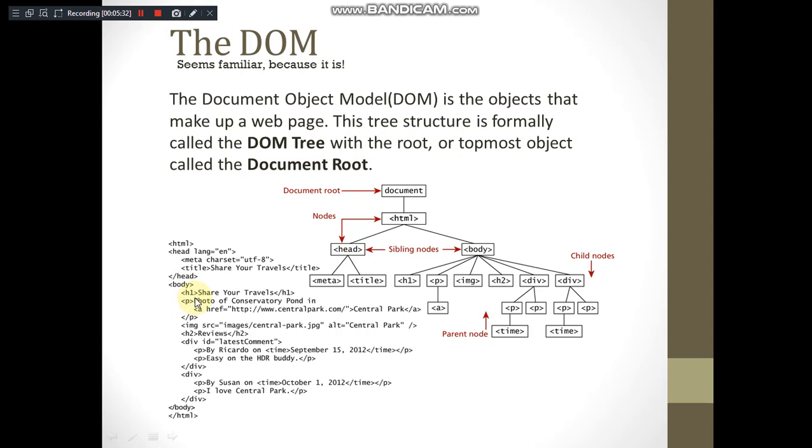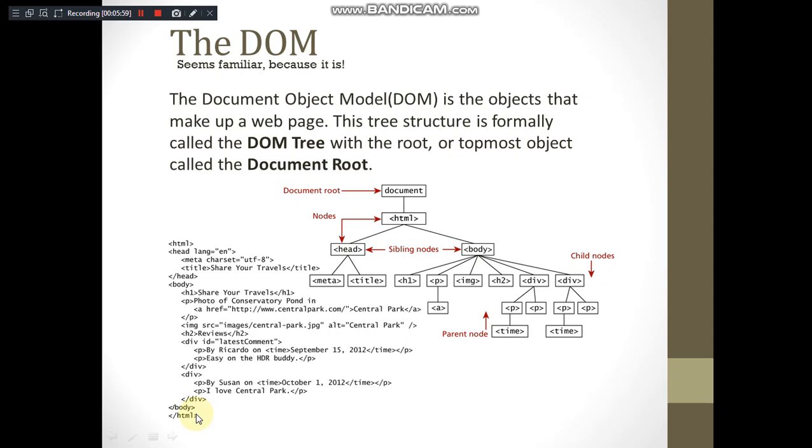We have a heading level tag h1, some heading being displayed. Then we have a paragraph. Within the paragraph we have a hyperlink. Paragraph is closed and an image tag is there. We have an h2 tag. There is a division. Within a division we have two paragraphs. Both the paragraphs are closed. Again, that division is closed, another is open with two more paragraphs. It is closed, body is closed, and HTML is closed.